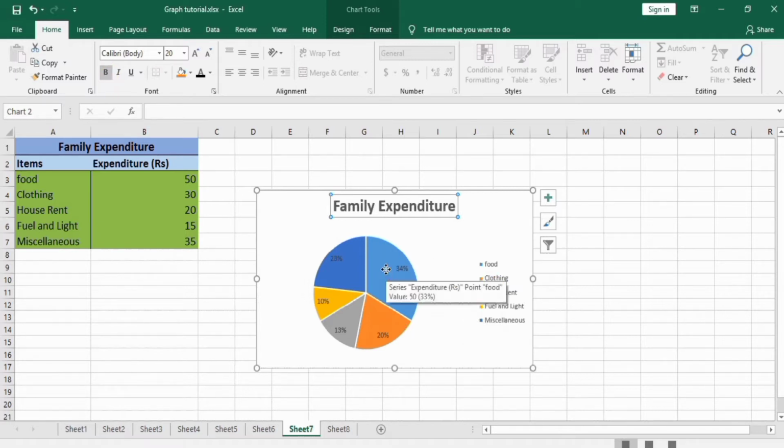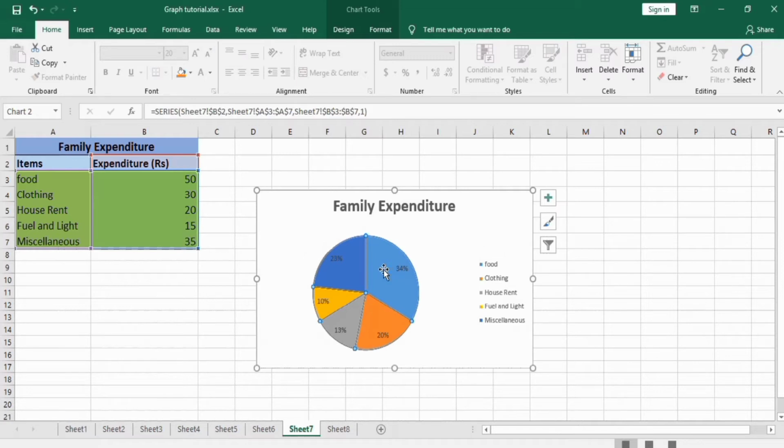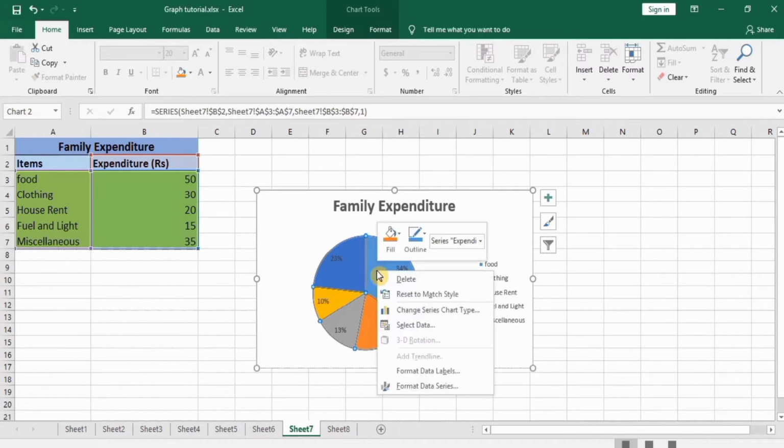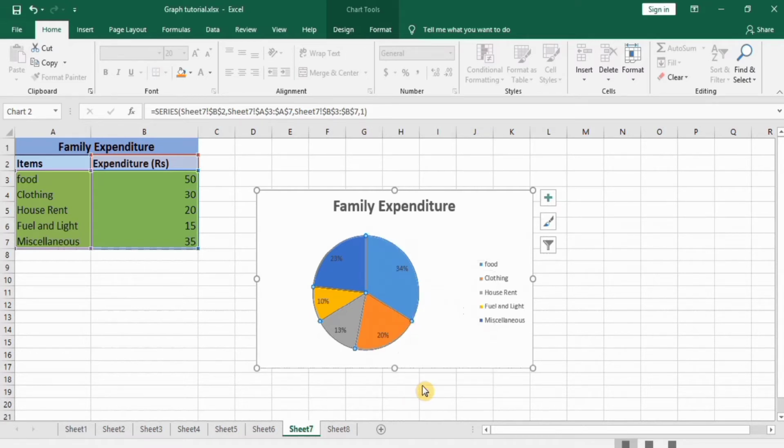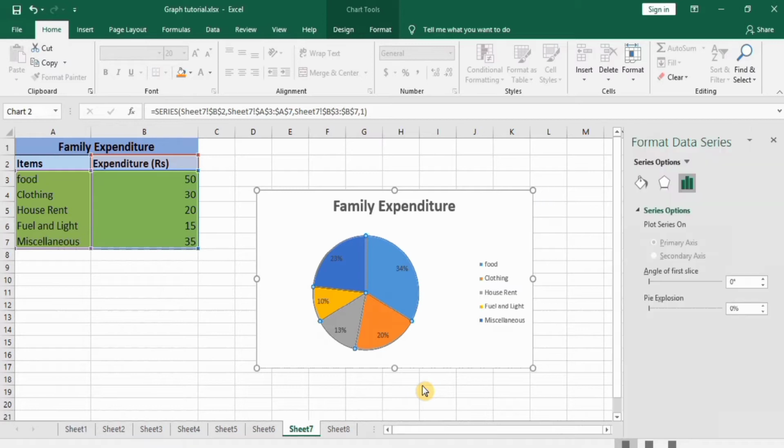So I select this graph area, right click and go to Format Data Series. In Format Data Series, there is the option of pie explosion. You can move these pieces using this option.